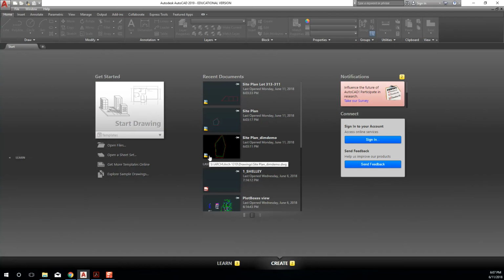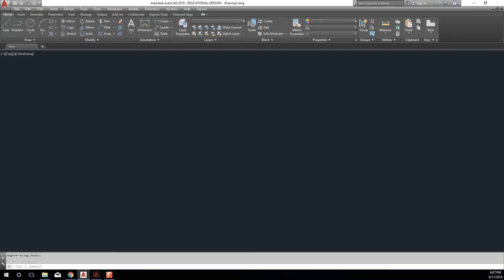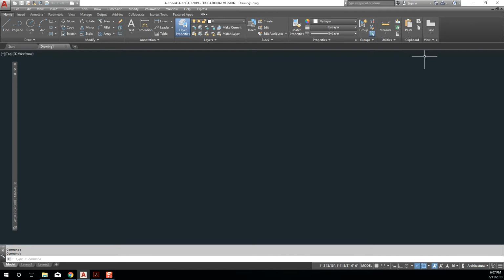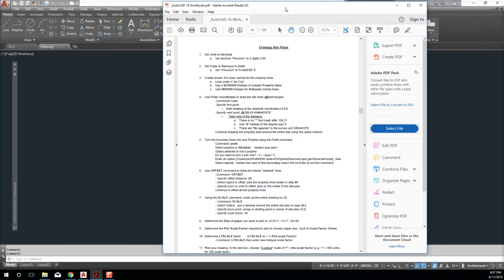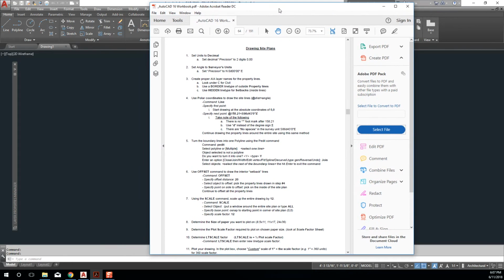Site plans, very exciting site plans. I'm going to start the site plan lecture just by opening up a blank file. So I'm going to come into start drawing here, and I'm going to click, and I'm going to start a blank file. Before we actually get going on how we're going to draw site plans,